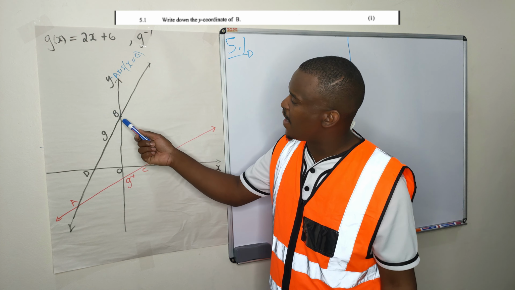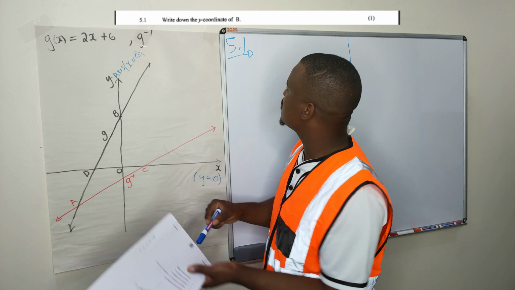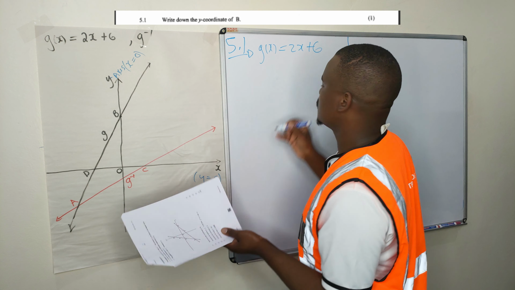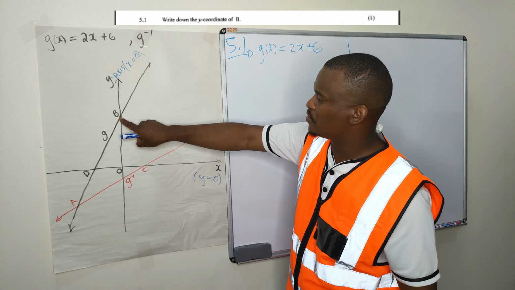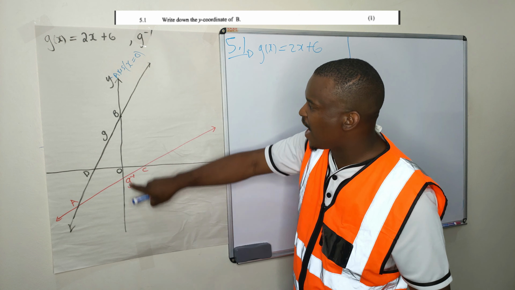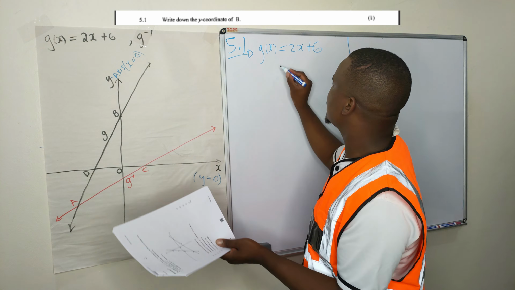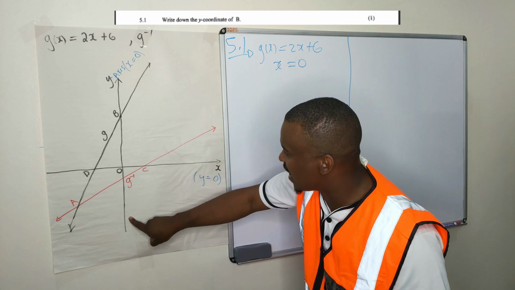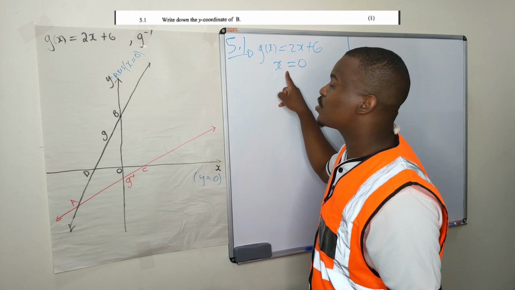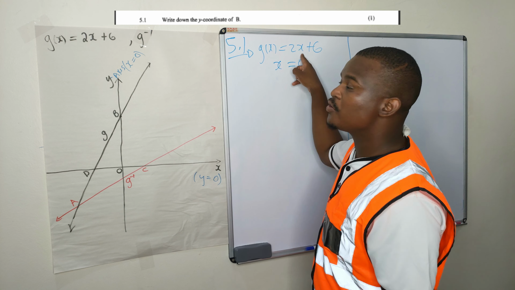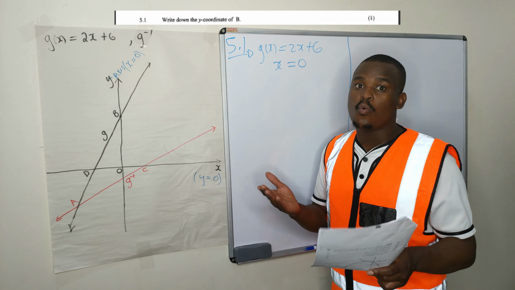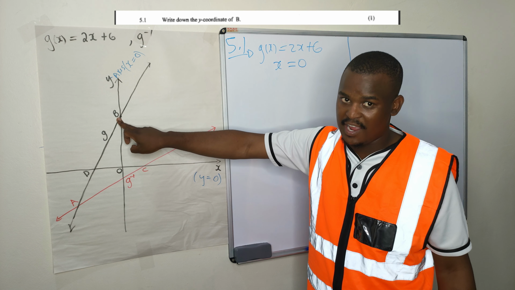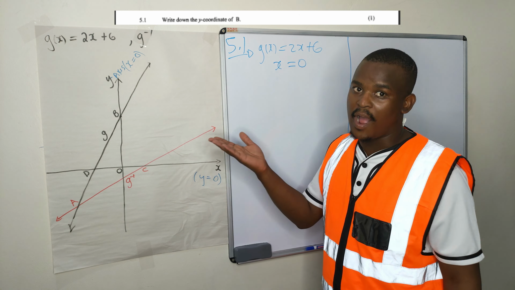B lies on this line here, on g of x is equal to 2x plus 6, right? So you want the y-coordinate of that. You know the x-coordinate because it lies on this line here. So you know that at point B, x is equal to 0, because it lies on this line, x is equal to 0. Then to find the corresponding y value, you substitute your x value into your equation, and you find the corresponding y value, which will be the y-coordinate of the intercept,